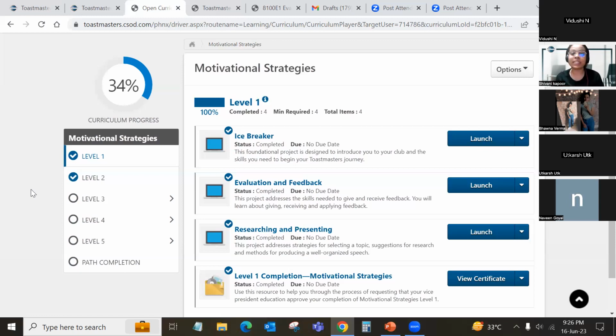And second, the growth is not just in delivering speeches and getting feedback. There is a big set of growth in taking up those different roles. Toastmaster of the Day tells you how to be a host, how to run the entire show on your own, right? Table Topic Master teaches us how to handle it when someone gives a speech impromptu. First of all, it requires a sort of learning to come up with topics. Second, when someone delivers a speech, you are hosting that session, so you will say a line or two once they are done with their speech.